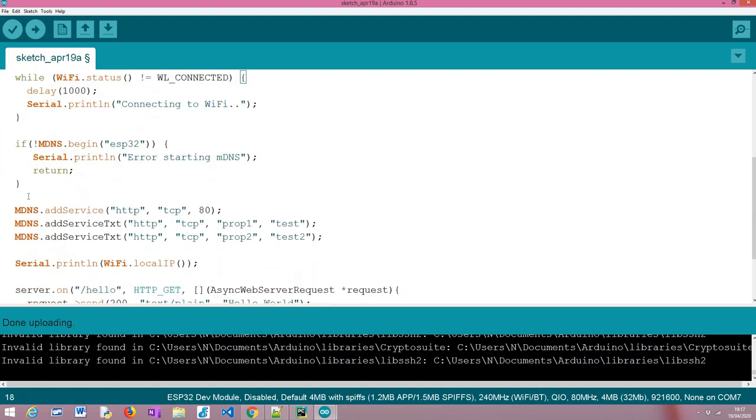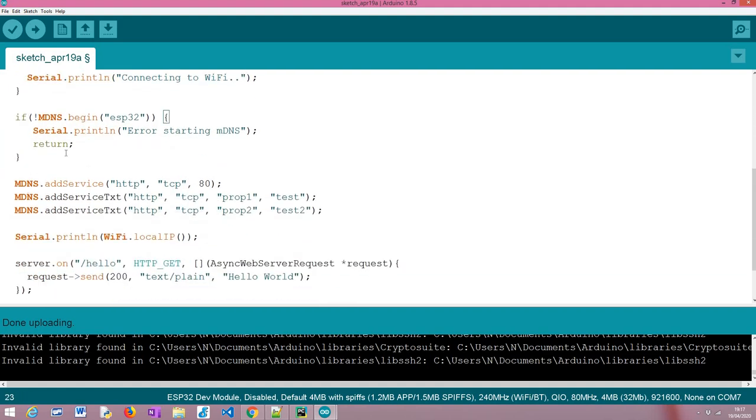Past this point, what we need to do is basically setting up the MDNS responder. This is really easy. We just need to call the begin method on this external variable called MDNS. It becomes available by importing the MDNS library that we have seen at the top. As input of this method, we need to pass a string with the host name of our ESP32. And basically, this host name can be translated into the IP address of the ESP32.